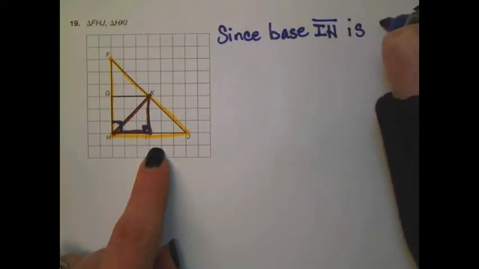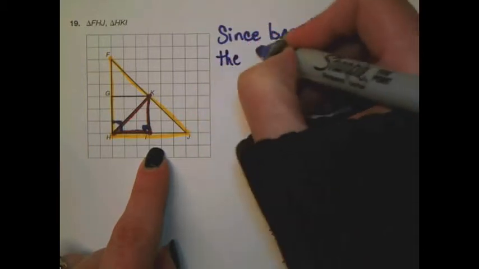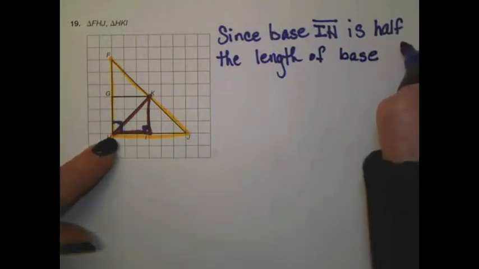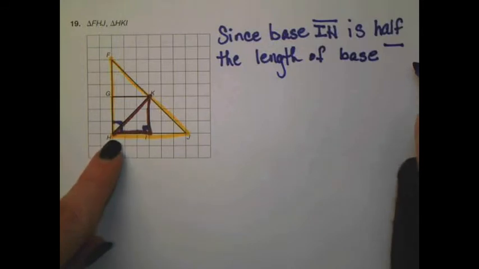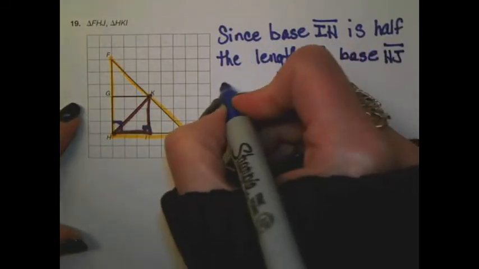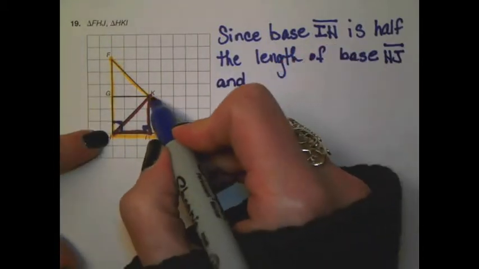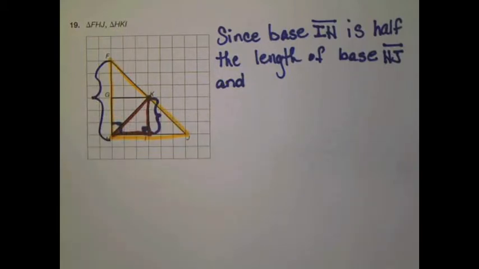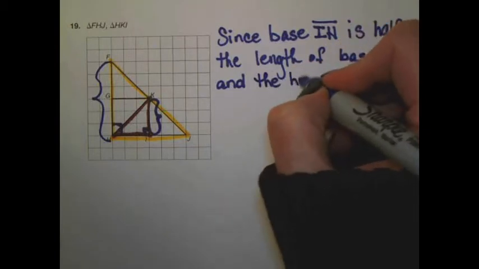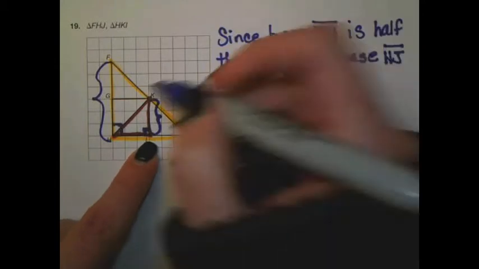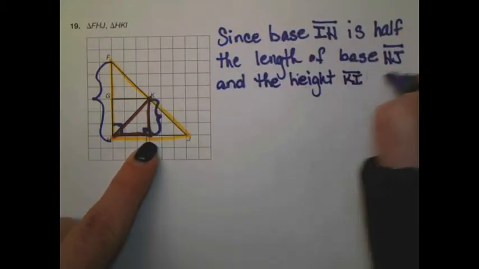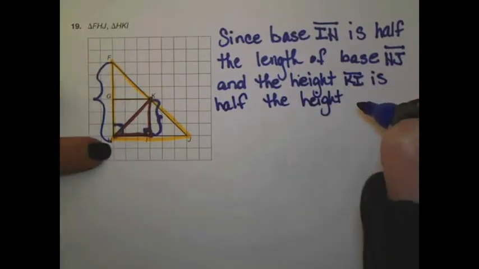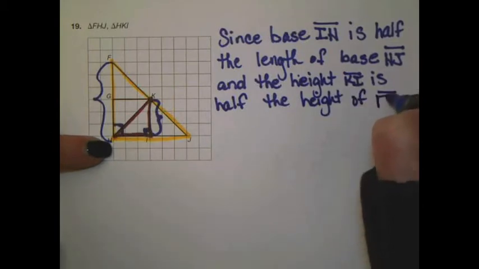So since base IH is half the length of base, and again I need to start at the same spot, so starting at the right angle, base HJ, and now I'm going to look at the heights. So the height of the smaller one is 3, and the height of the bigger triangle is 6 units. So, and the height, I'm going to start at the top of the triangle and come down. So the height KI is half the height of FH,